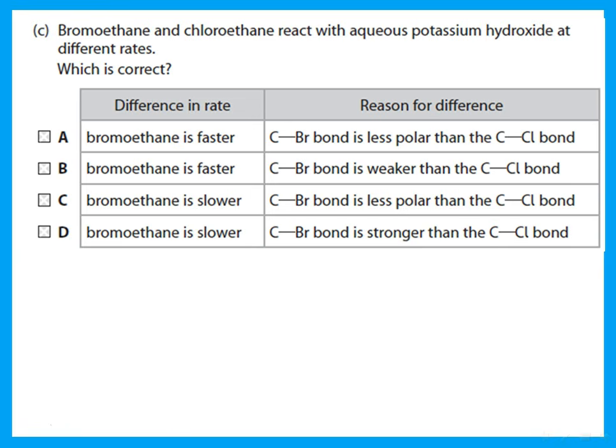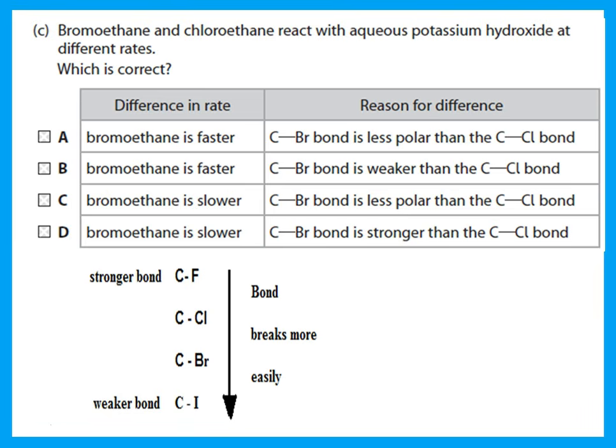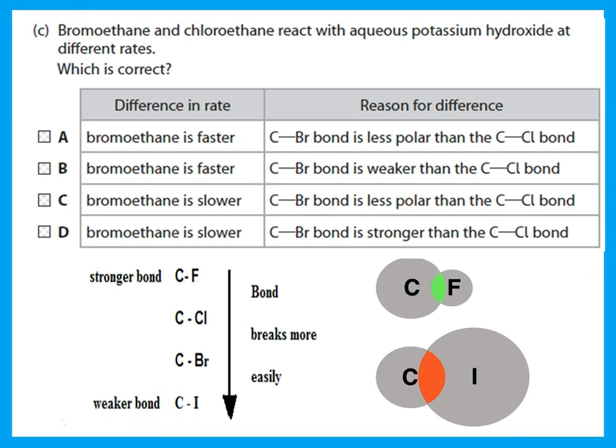Bromoethane and chloroethane react with aqueous potassium hydroxide at different rates. Which is correct? Okay, let us take a look at the halogens attached to carbon. Which bond is easier to break and which bond is more difficult to break? You should remember that going down group 7, the bond between the halogen and the carbon becomes weaker. The bond can be more easily broken. So if I'm comparing bromo to chloro, you should realize that the bromo can be broken more